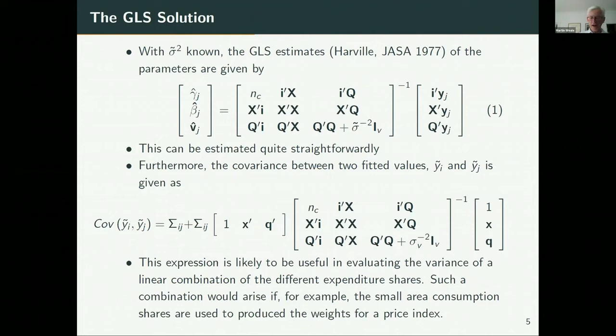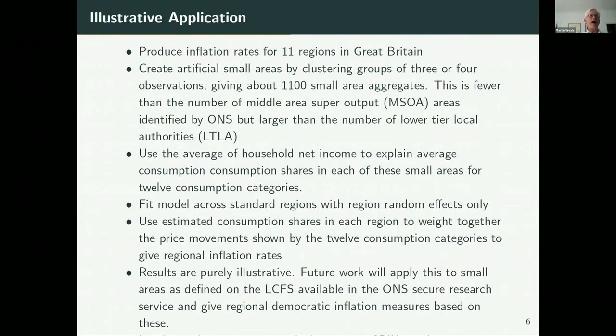But here, what I have done is to set out an illustrative application. It's illustrative because to do this in the manner that is necessary requires access to the ONS Secure Research Service, while I've been very fortunate, they have been giving access to allow me to continue the work for ESCoE. I thought it would be quicker to develop this out of that secure environment on my own computer at home. So what I've done is to take the publicly available living costs and food survey. What I've done to that is to create artificial small areas by clustering groups of 3 or 4 observations, giving me about